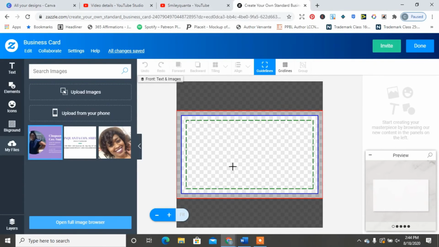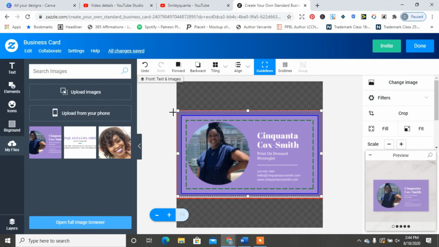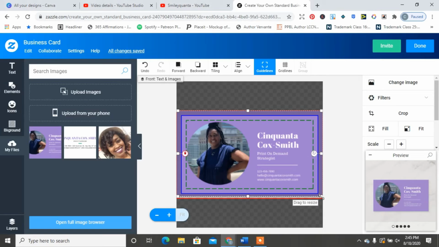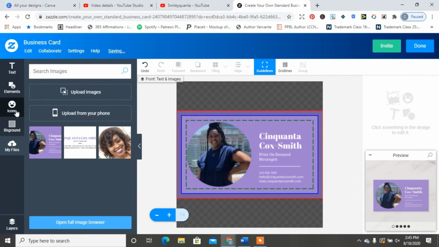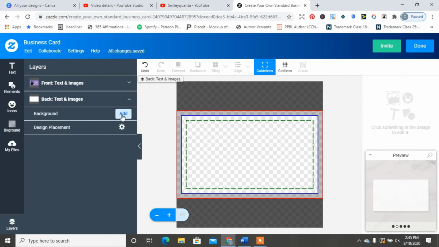So I'm going to click on the front cover, paste it there, pull it out some, and then you're going to go over to this left corner to layers, and you're going to click on that so you can see the back cover. But this is just to pull it out a little bit more and get your stuff that you need. Over here, I'm going to go down to layers, go to the back layer, and then I'm going to add the image there on the back layer